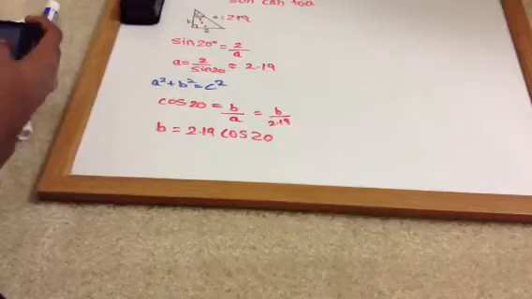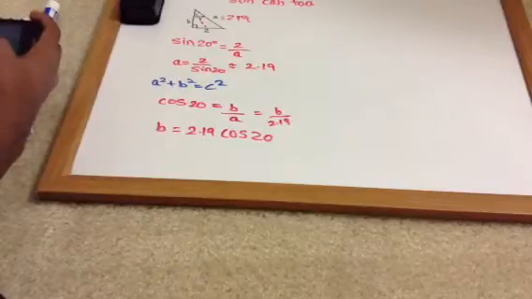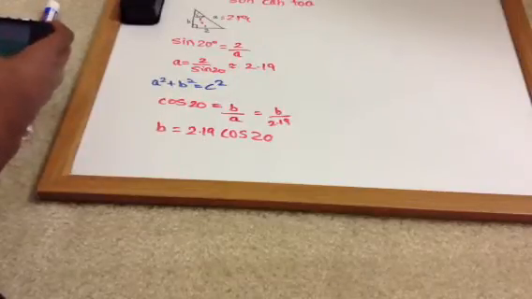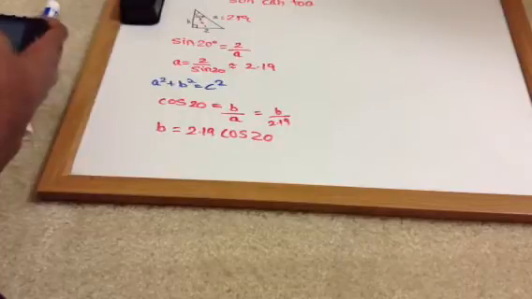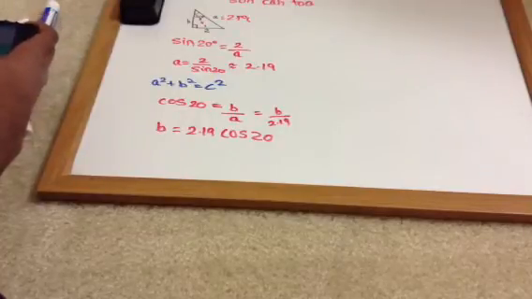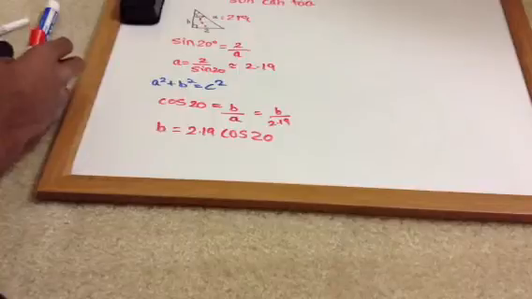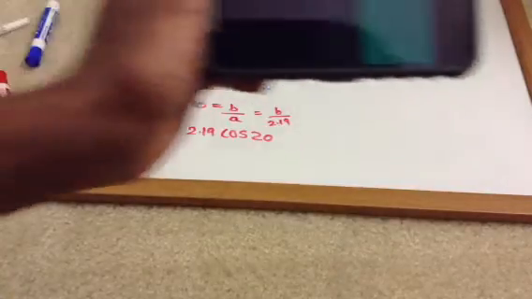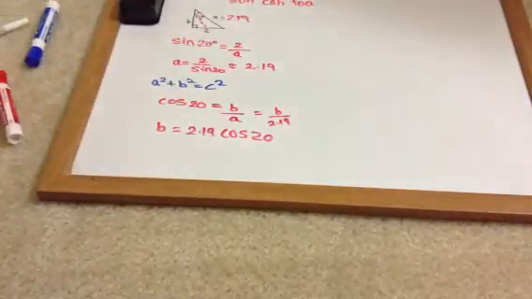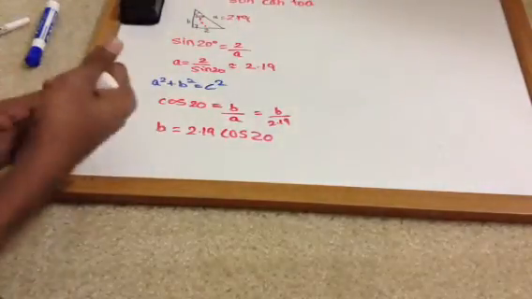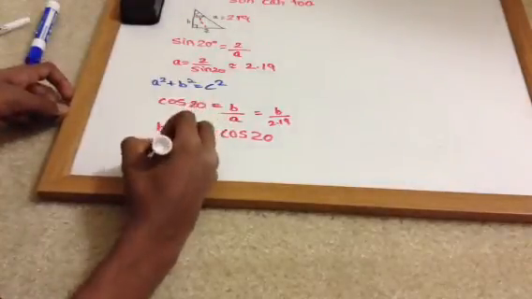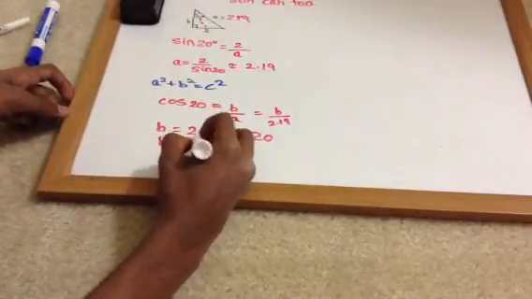So cos of 20 times 2.19, I get 0.8936, so I'm going to round it off to 0.894. B is approximately equal to